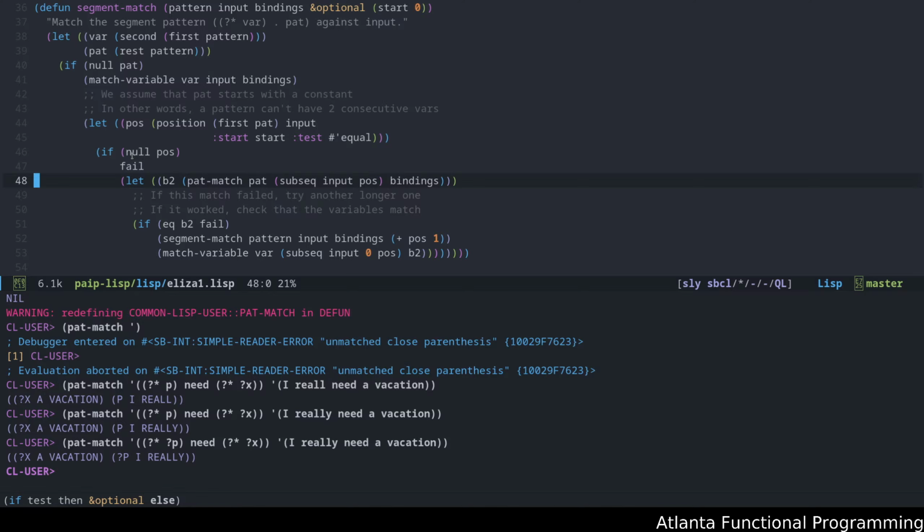Then what we do is we grab the subsequence of the inputs based on the positions that we saw earlier, and then we pattern match that against the bindings and create the bindings here. All right. And then we do one more check to see if pattern matching against that substructure also failed. And if that failed, then what happens is we update the position to